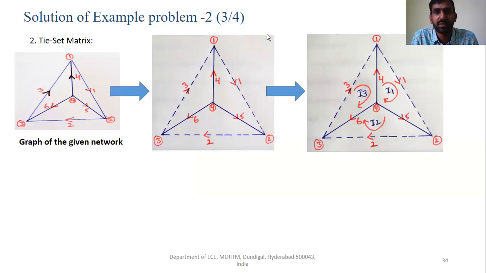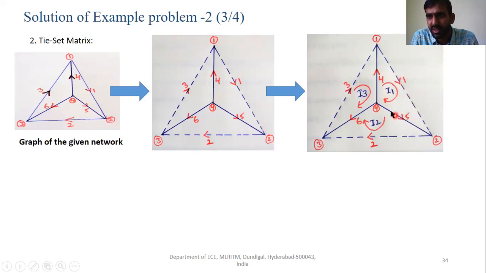So how have we chosen this direction? One may have the doubt of how we choose the loop direction, why we chose it like this, and whether we could choose it like that also. The reference direction of the loop we choose with respect to the direction of that particular link. For example, this loop is formed with respect to link number 1. What is the direction of link 1? This way. So that's why we have considered it.